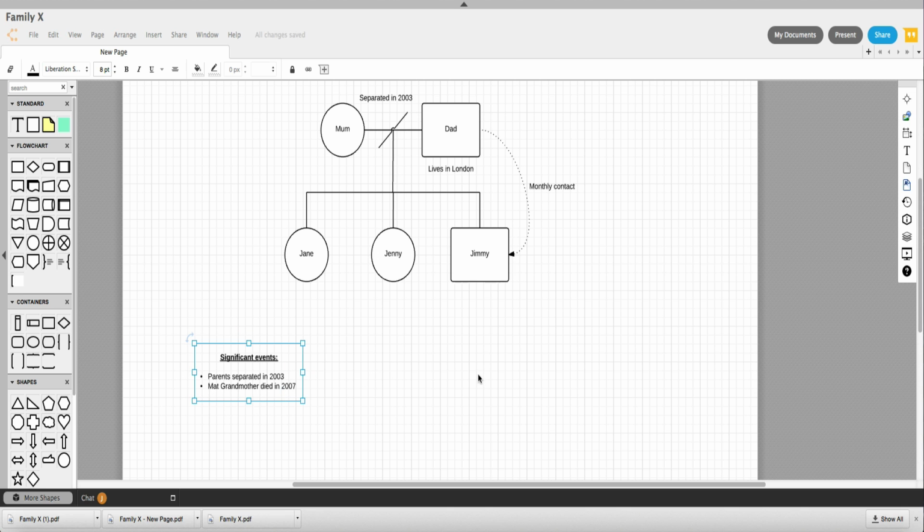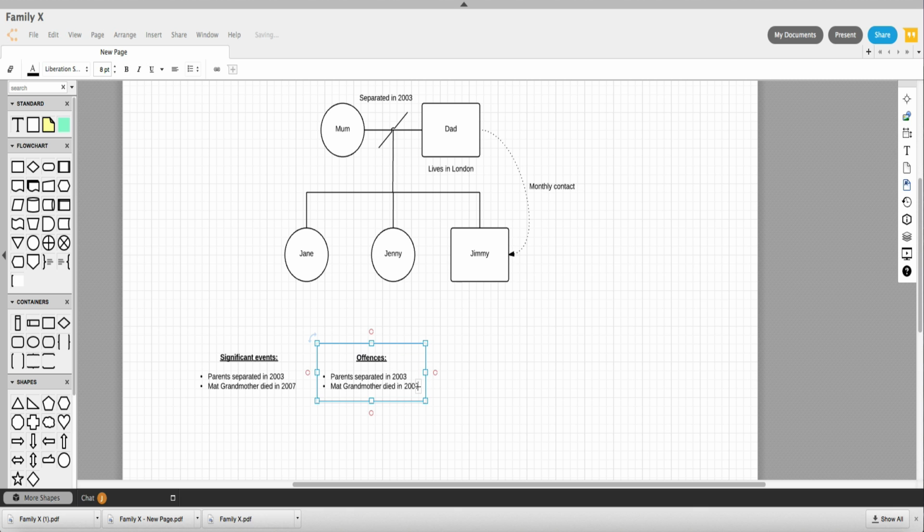When it's selected like that, if we want to copy that, we can do. So you can use Control C or Command C if you're on a Mac, then click off it. Click Control V or Command V to paste the copy back onto the page, and there we have an identical box. And what I tend to do is just to use that as an easy way of repeating these boxes